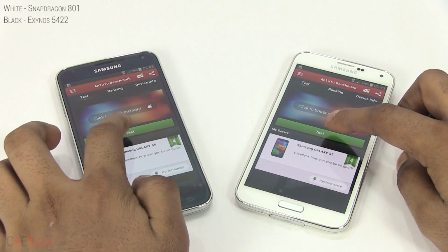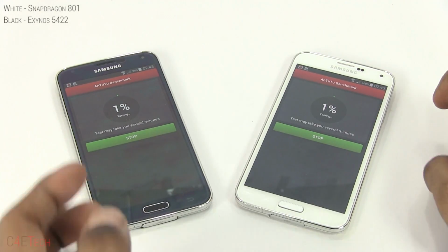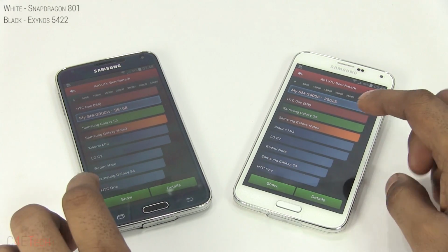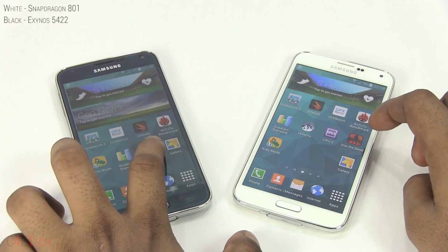So let's hit test. While the Snapdragon variant again managed to run the benchmark quicker, in terms of scores, there's not a lot between these two phones here. So once again, clearing this from memory, let's get to the next benchmark on the list,